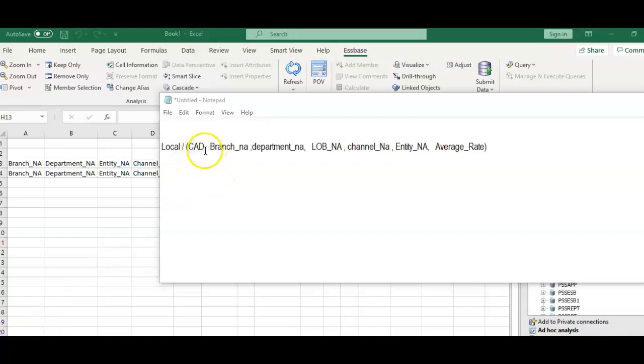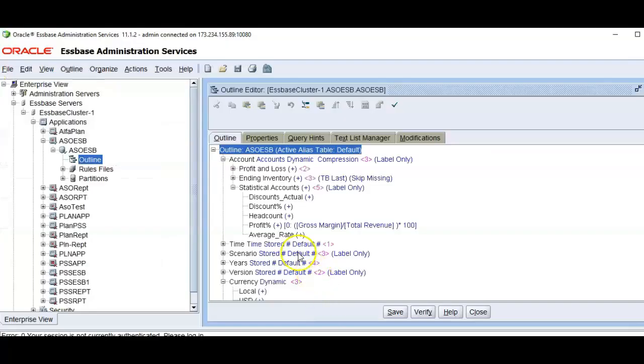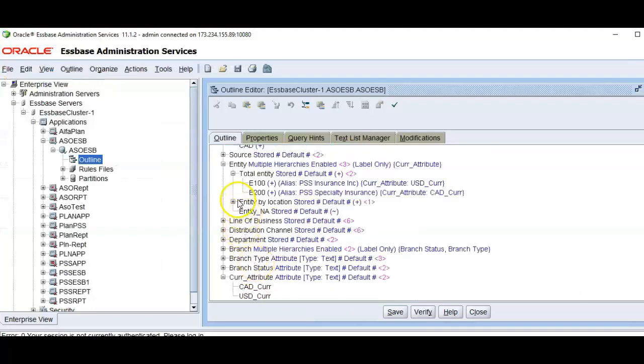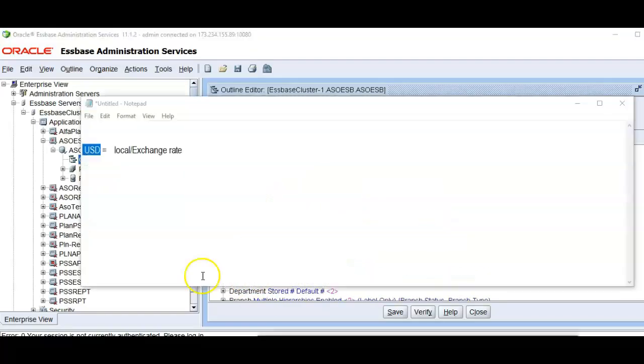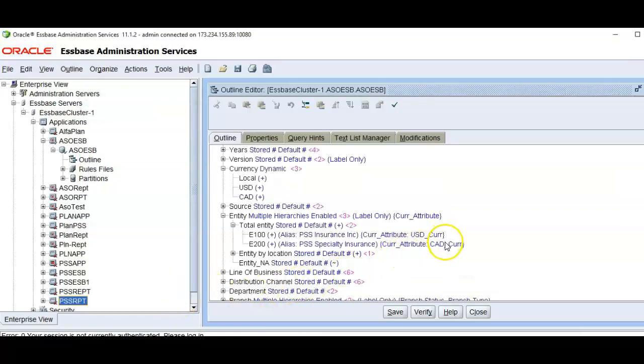To avoid this, we are following the attribute dimension concept. If a new entity is added in the outline, we will be adding a new currency attribute member, and we will be adding that new currency in the currency dimension. If I can bring the attribute member name attached to the entity in the formula, I don't need to repeat the formula for that many entities.